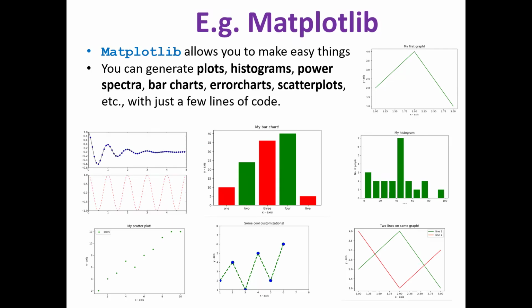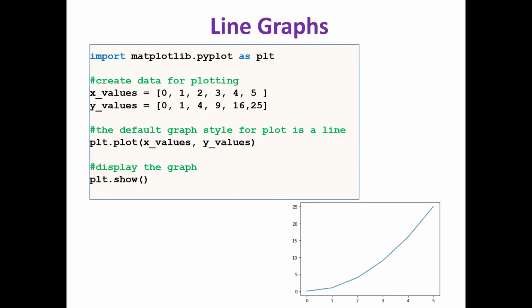With the help of the plot function, we can draw a plot, the hist function to find a histogram, and so on. Now let us see how to draw a line plot with the help of the plot command. First statement is import matplotlib.pyplot as plt. We are giving an alias name for matplotlib.pyplot. The method available to draw a line plot is plot. Here you're going to pass two arguments. First one is x coordinate values, second one is y coordinate values.